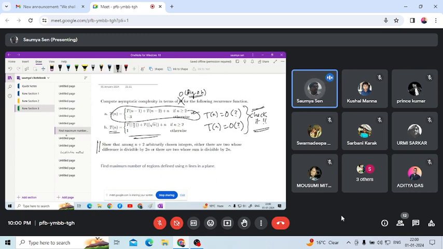Among n+2 arbitrarily chosen integers, either there are two whose difference is divisible by 2n, or there are two whose sum is divisible by 2n. n+2 খানা তুমি যেরকম খুশি যদি ইন্টিজার চয়েস করো, তার মধ্যে এমন দুটো পাবেই যাদের ডিফারেন্সটা 2n দিয়ে ডিভিজিবল, অথবা যদি সেটা না হয় এমন দুটো পাবে যাদের সাম ডিভিজিবল বাই 2n, অলওয়েজ পাবে। তাহলে এই ধরনের প্রবলেম, পিজিওনালের যে প্রবলেম, এইগুলো একটু বাড়িতে সলিউশন করার চেষ্টা করো।